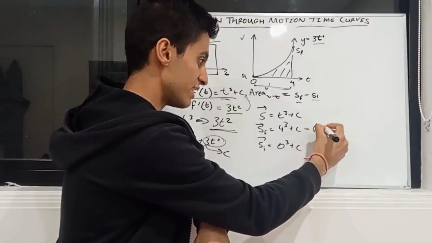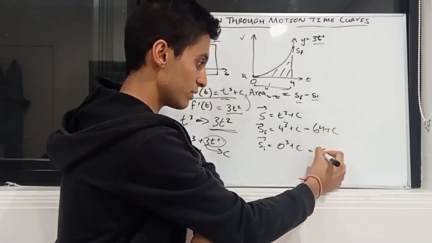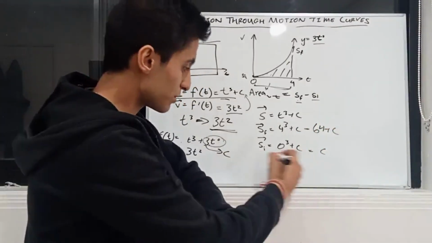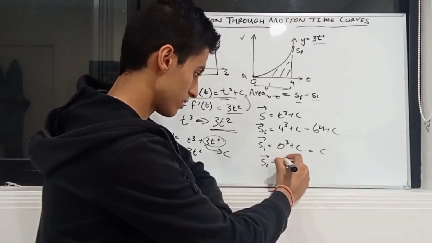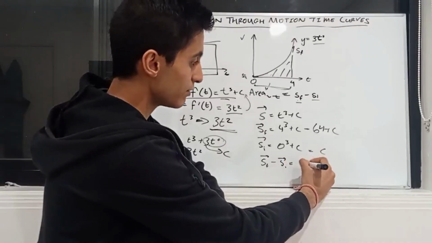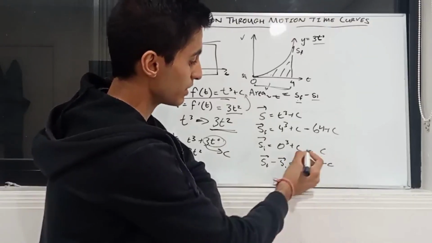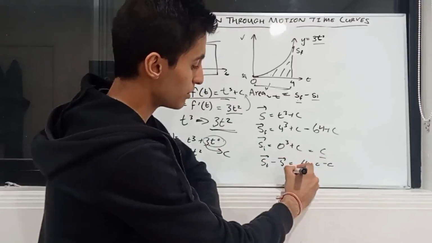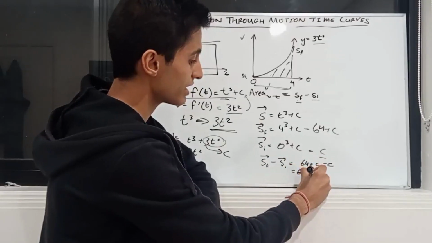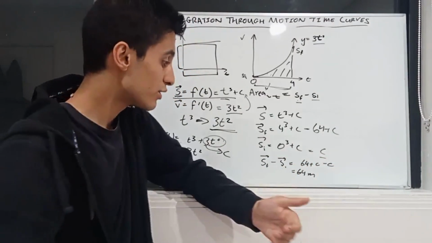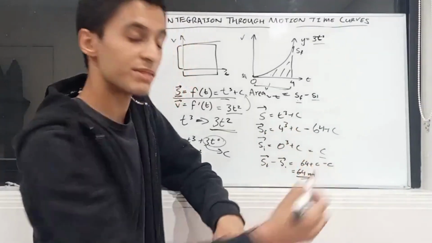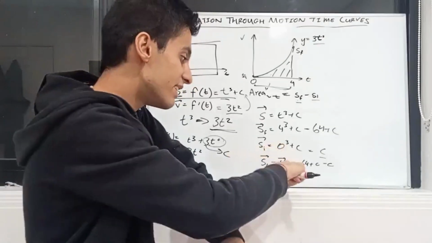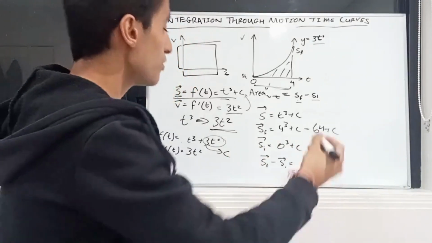This equals 64 plus c, and this equals c. Now when we subtract this, we get 64 plus c minus c, because we're subtracting the c value, which is 64 meters. So what we found is the change in displacement. Now note that this, we established before, that